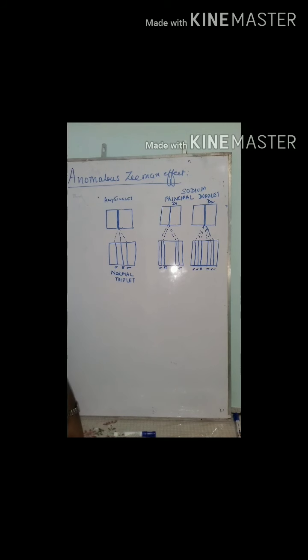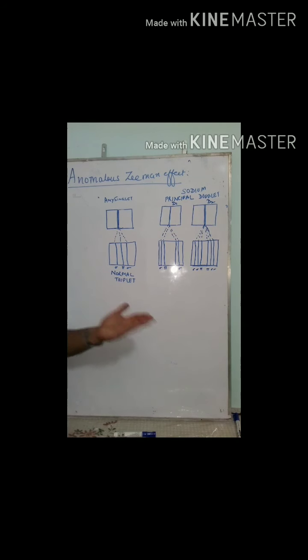A singlet spectral line viewed normal to the field is split up into three plane polarized components: a central unpolarized or unshifted line, and two other lines equally displaced on either side with electric vectors perpendicular to the field, called the sigma component. The unshifted one is called the pi component, and these are called sigma components, equally displaced from the central component. This is called a normal triplet.